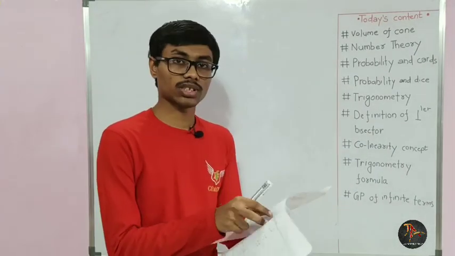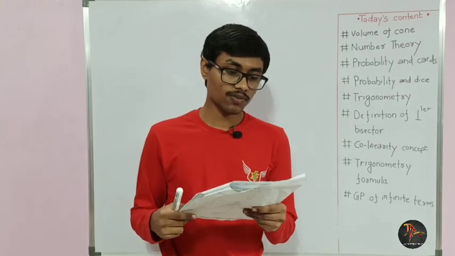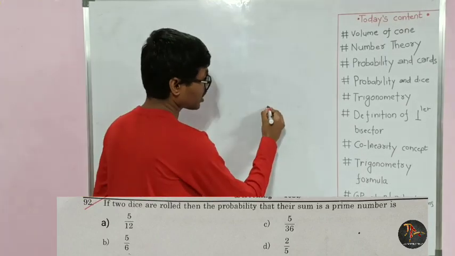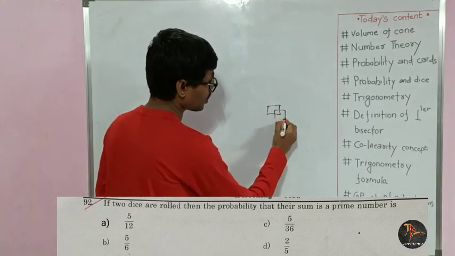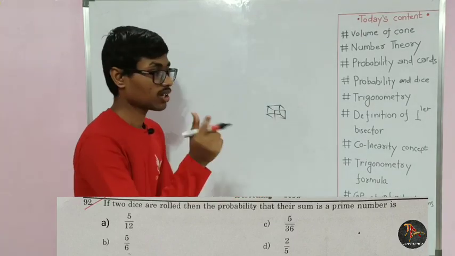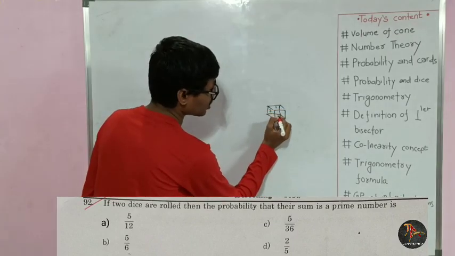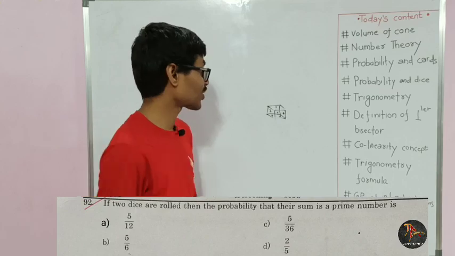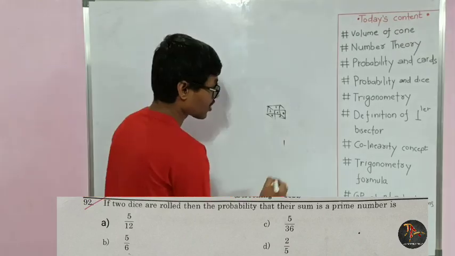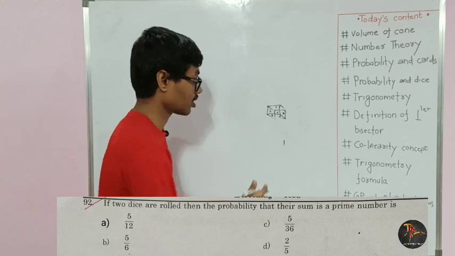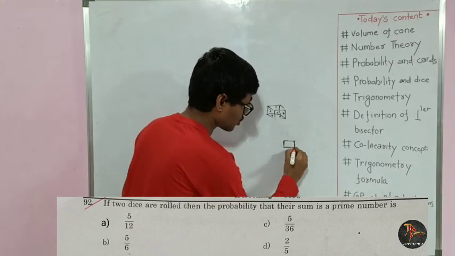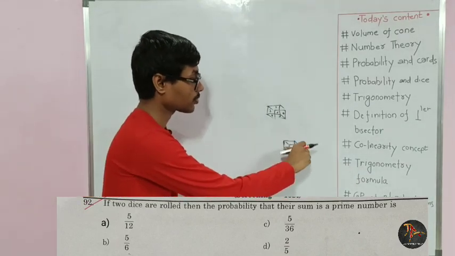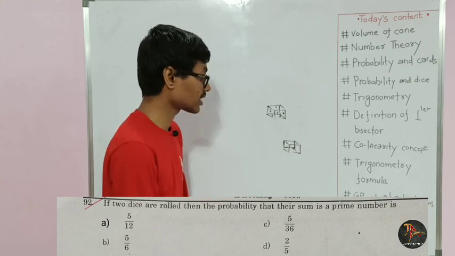Now in next question they have given that if 2 dice are rolled. Now what is dice? In the game of Ludo there is one cube here. एक क्यूब होता है, उसके 6 फेसेस पर 1 2 3 4 5 एंड 6 लिखा होता है. एक डायस है. शकुनी मामा पता है? शकुनी मामा का वो डायस जो उन्होंने पांडवों के खिलाफ इस्तेमाल किया था, उस खेल में, चौसर के खेल में. ये डायस है, इसमें 6 फेसेस हैं और 6 फेस में 1 2 3 4 5 6 लिखा होता है.